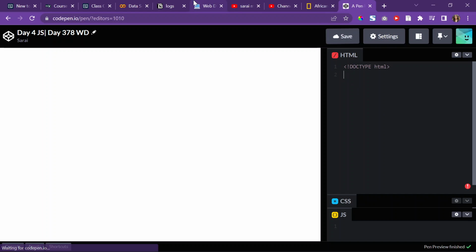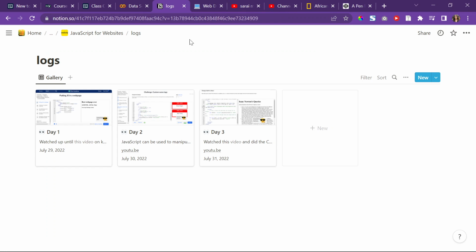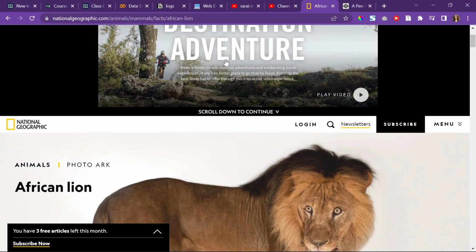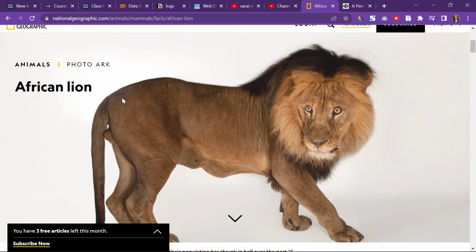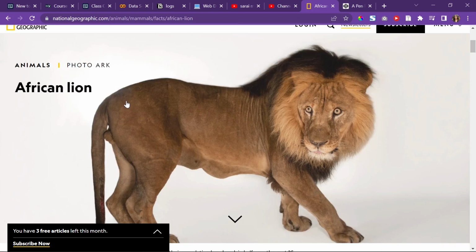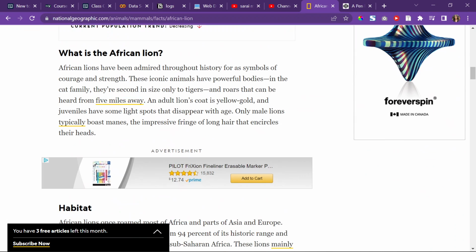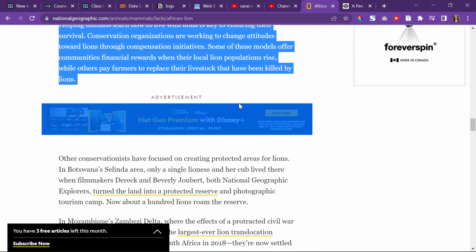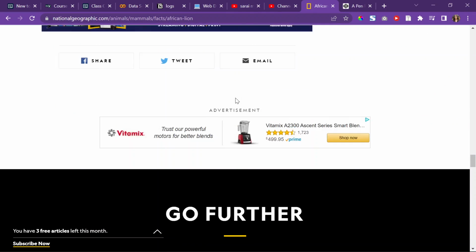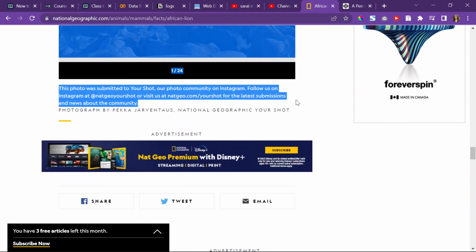And so my plan for today is to put together everything that I learned for the past 3 days of JS, which is basically DOM access methods. That includes accessing the DOM with classes, with IDs, and etc. My plan is basically to copy this article on lions by National Geographic and paste it into my website, and then change every time the word lion is mentioned to something like penguins, because